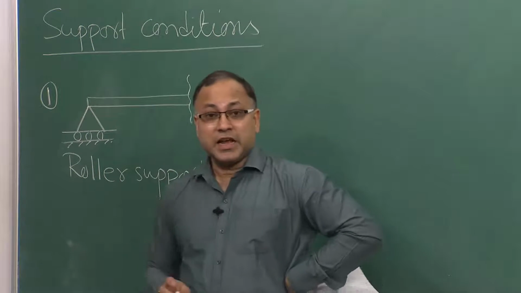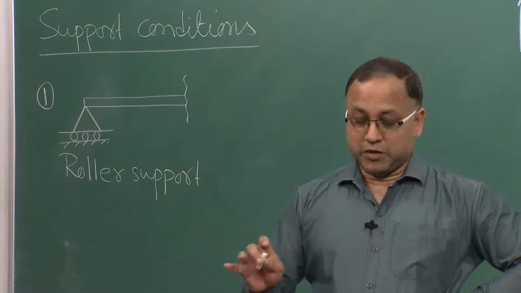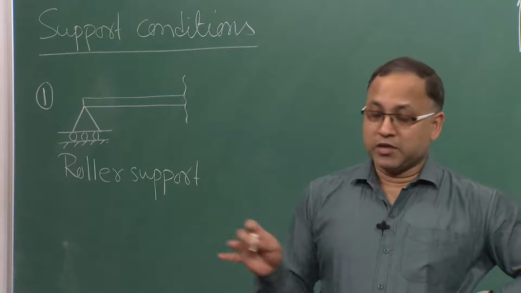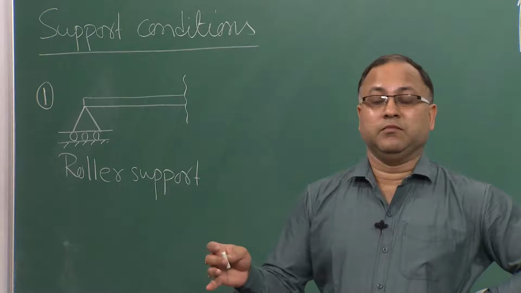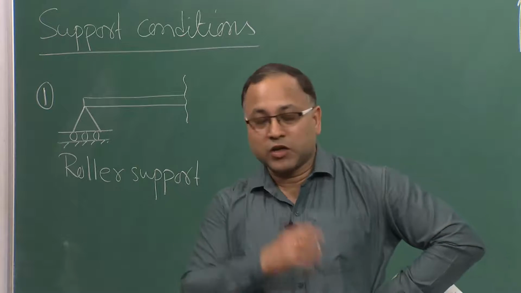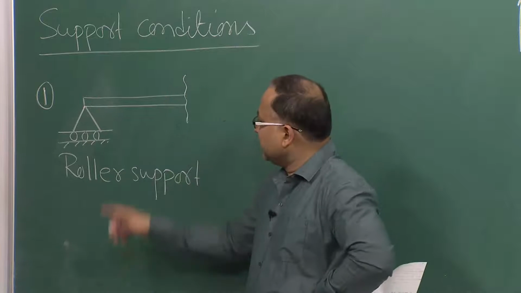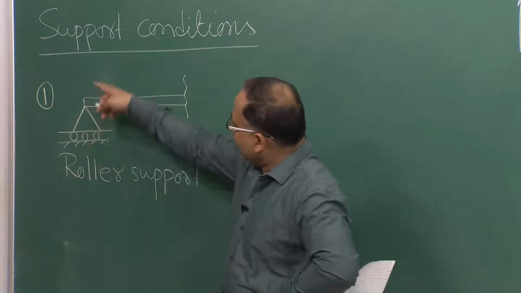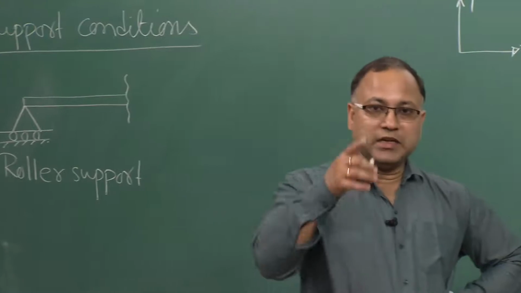Therefore, I should not get any reaction in that direction as per our discussion, or whatever we have agreed. Okay. But if you look, this beam cannot move in the vertical direction, vertically upward or